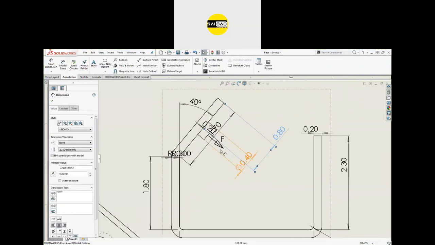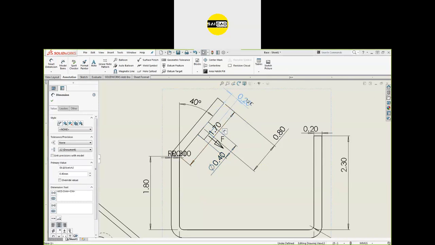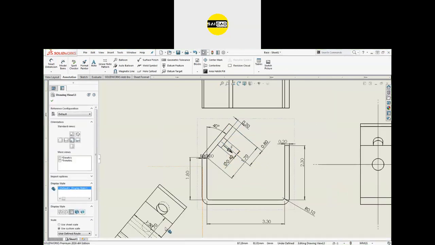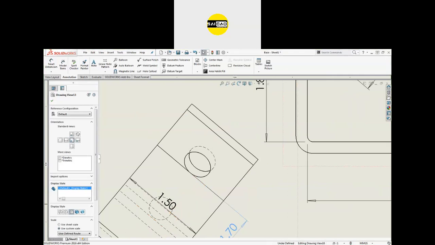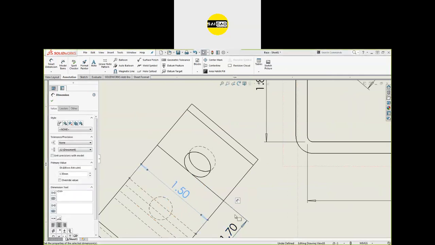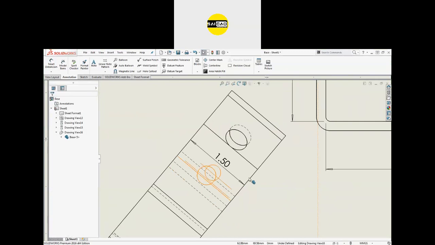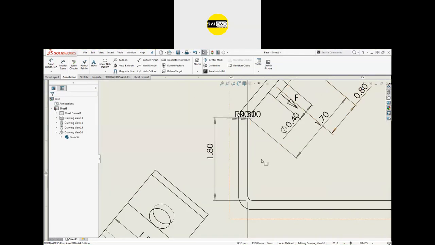If you see here, we have a diameter of 4, but I don't want this diameter here. I want this diameter to be defined at this view. You can see here we have only these two options. I just don't want this one. I want a circular radius here or diameter here. So what to do now?